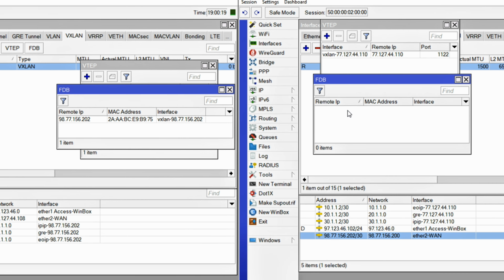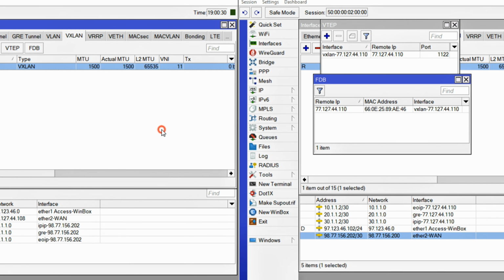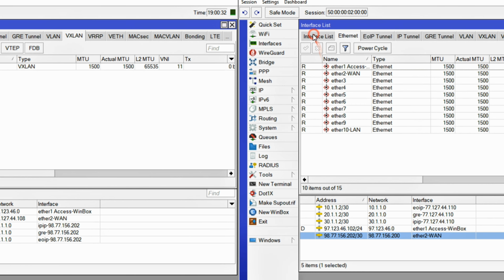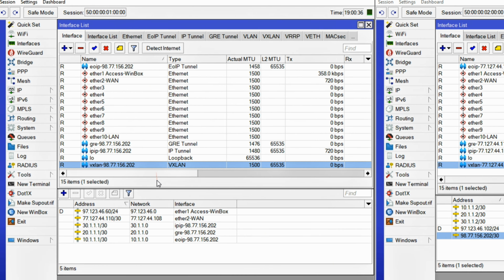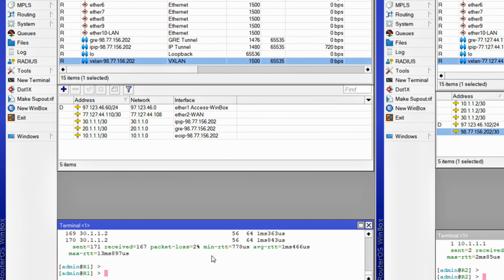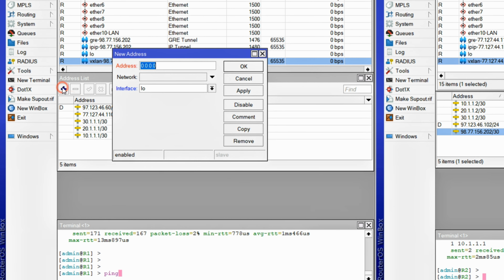As you can see, the connection is fully established, and in the FDB section, the remote router's IP is clearly displayed. I'll close the extra icons and then head over to the IP address section to set the VXLAN IP again. After I've configured the IPs on both MikroTiks, that is, R1 and R2,